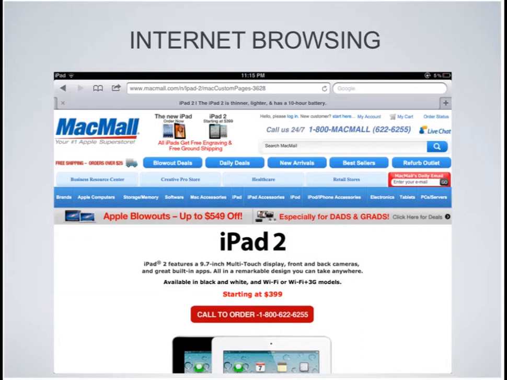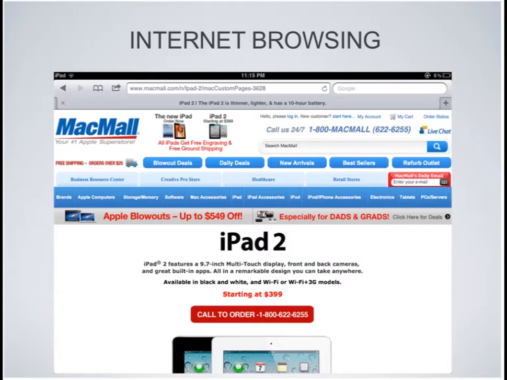Underneath here, we can see that we're looking at one page right now, and this is the MacMall page. And in the left corner here, we have the ability to just close that tab. So this is what the tabs look like. This is just one tab that's open. If we wanted to create another tab, we'd click the plus sign here on the top right-hand corner of the page, and that will give us another tab